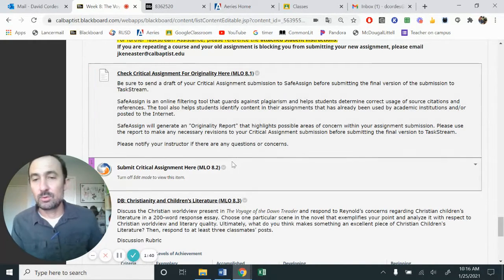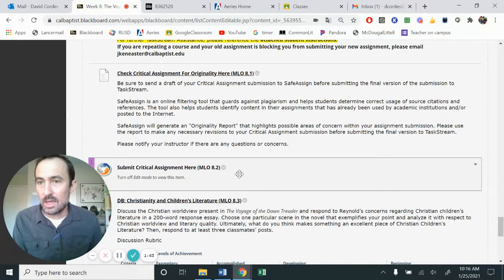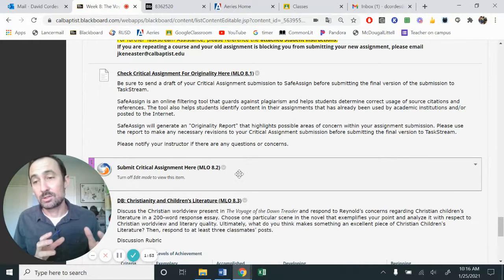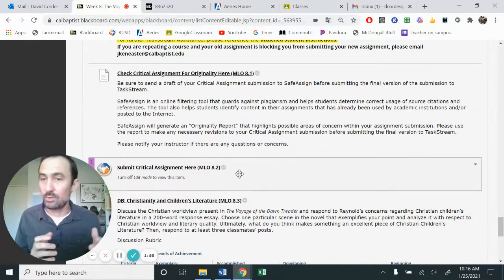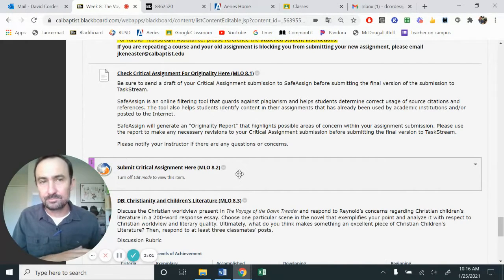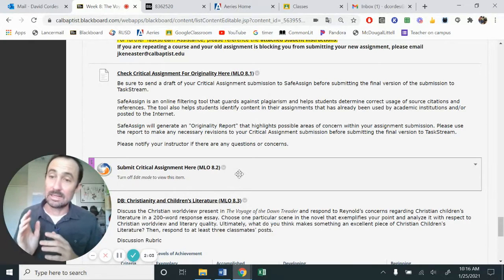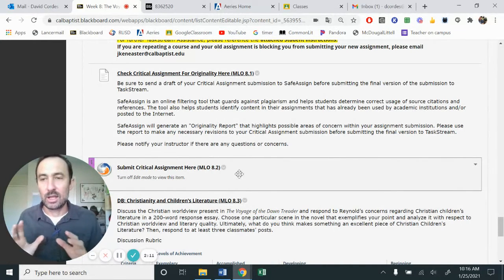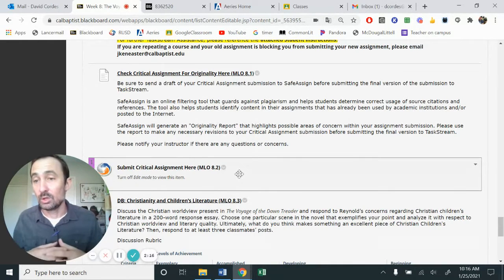There's the other component that you are submitting it to TaskStream. And TaskStream is a place and a platform in which CBU keeps your documents. So we kind of use that for accreditation to say, yes, this is what our students are learning. This is to show growth and mastery of a subject. And so we kind of keep those things in that realm. It also is very helpful on collecting data to identify where students are, how did they hit all of these components on the rubric, and it kind of gives us a good chance of, as we move forward, what is there else that we need to look for.